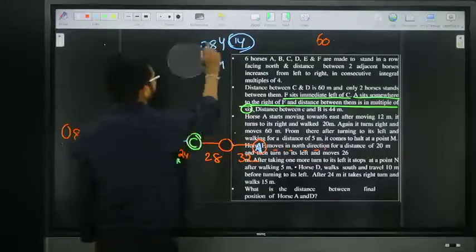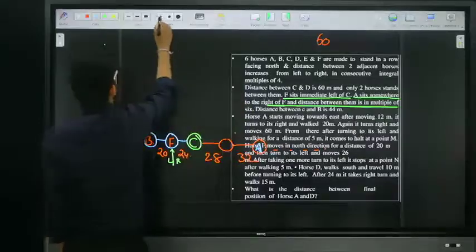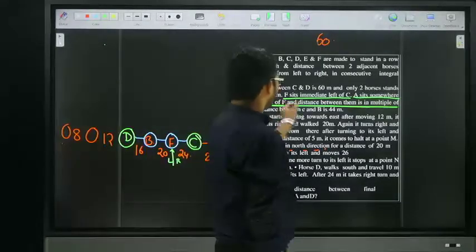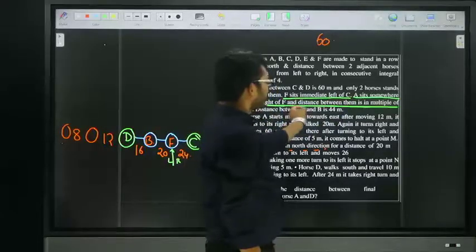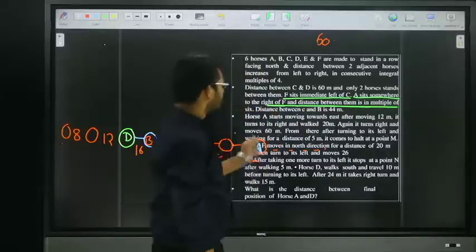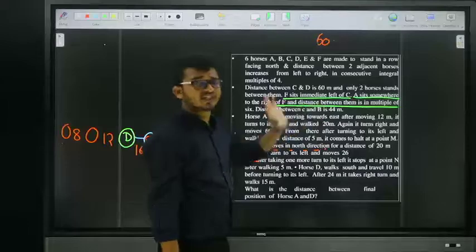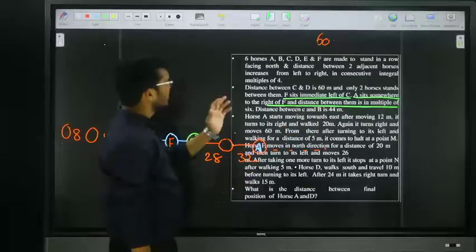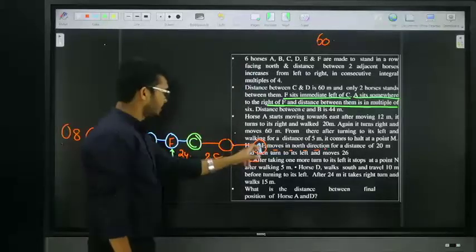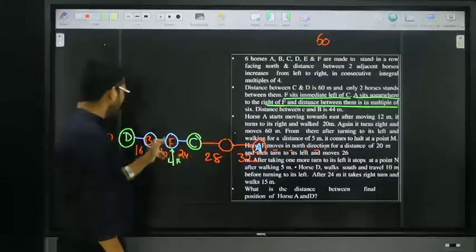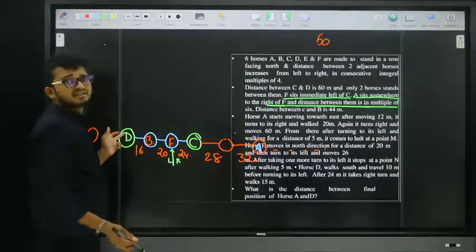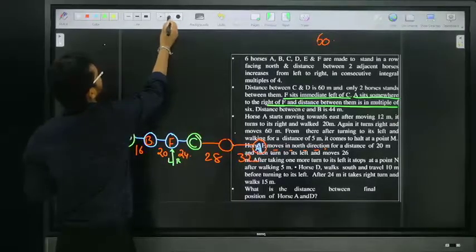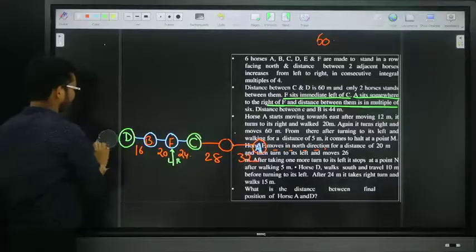So friends, the next point given is what? See here. A sits somewhere to the right of F, and the distance between them is a multiple of 6. The distance between C and B is 44. Yes, leave it. Total how many horses? 6 horses: A, 1, 2, 3, 4, 5. 6 horses are completed. That means on this side there is no chance for these two values, and on this side no chance for these two values. Then leave it.